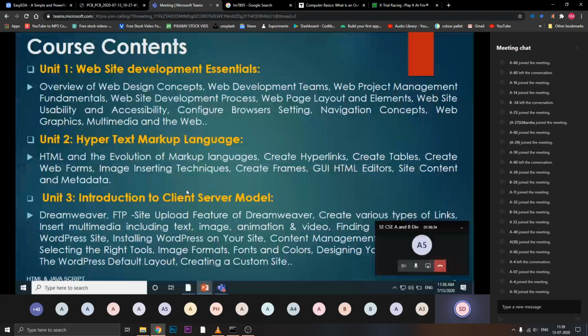So here you are going to see, for designing something you need the coding. Now you have already studied what the code of any programming language is. This is also a programming language, but not just like C programming. That is also a programming language, but its execution approach is different. And here you are going to study another kind of programming language. This is totally related to website designing and development.